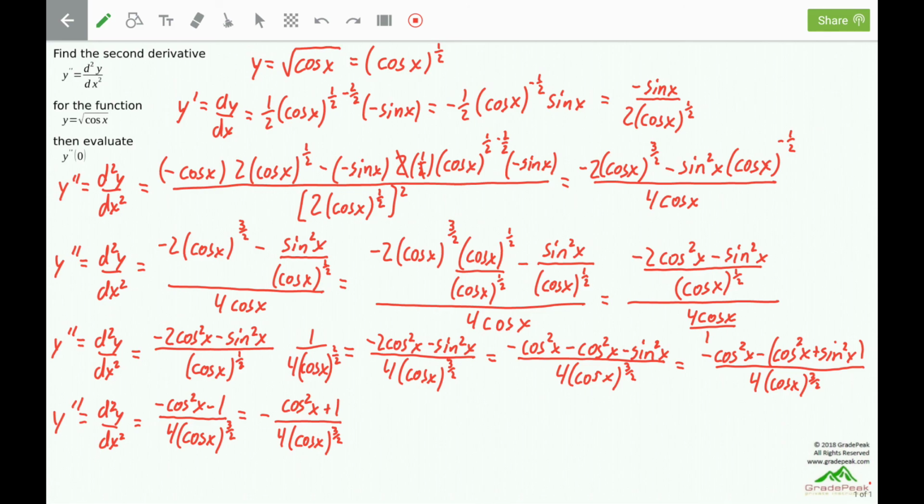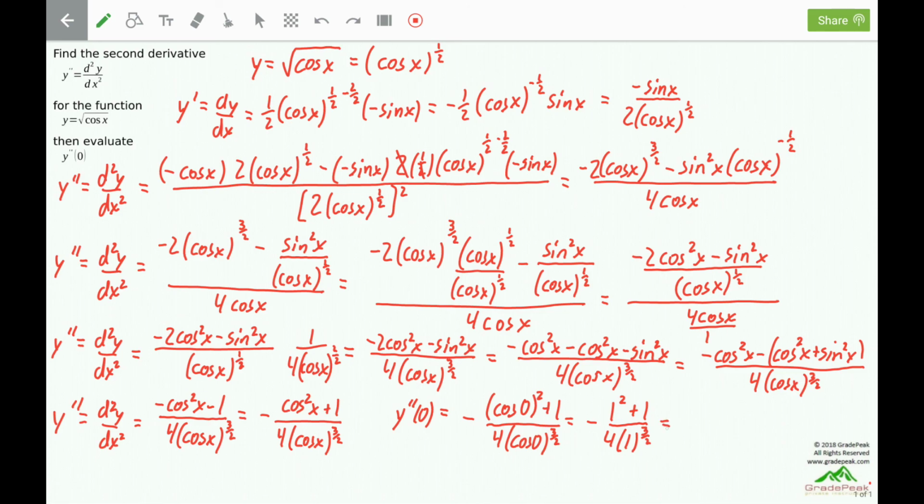The next thing to do is evaluate y double prime of 0, which means to plug a 0 in for each of the x's. So I will have a negative of, now remember that cosine squared means to evaluate the cosine and then square it. And down the denominator we'll have 4 times the cosine of 0, which we'll evaluate first and then raise it to 3/2. So we have the negative of, the cosine of 0 is a 1, so 1 squared plus 1 over 4 times, and then the cosine of 0 again is a 1,